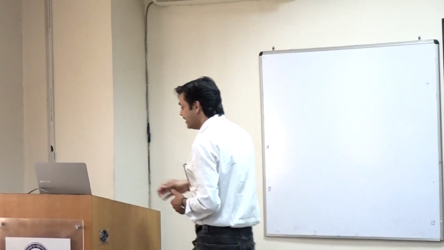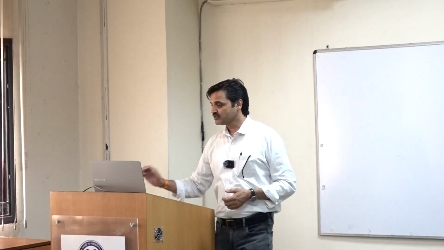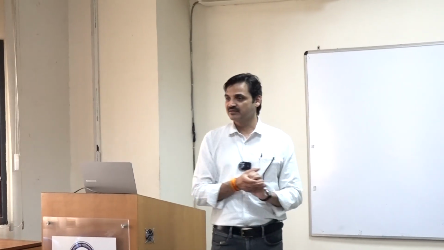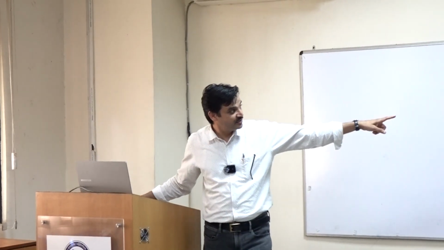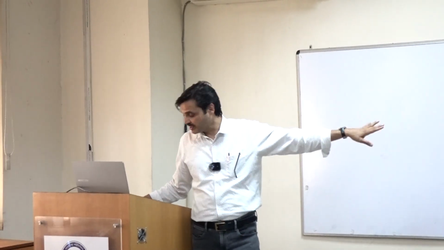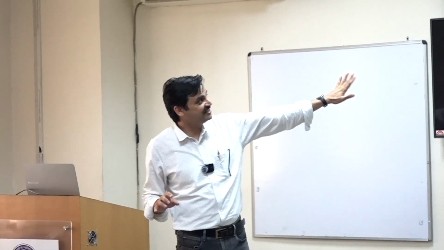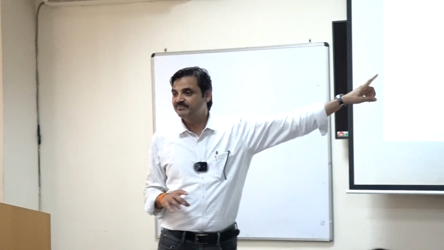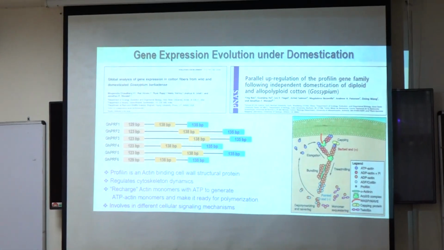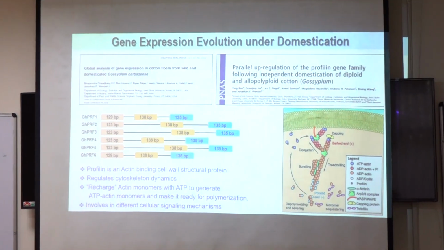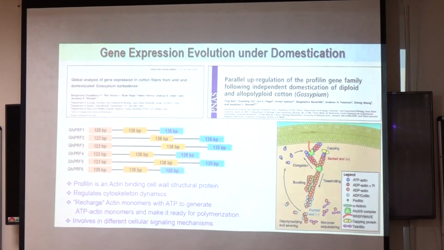Okay. Then we identified, in the first class as I have mentioned, so today in this talk I am using the cell wall genes only, right? There are other students who are working on the others. In cell wall genes we identified a gene family called profilin gene family. Profilins are basically structural proteins. Those are embedded in cellulose. What is cellulose? Cellulose is in the cell wall of a plant cell. It is a carbohydrate.